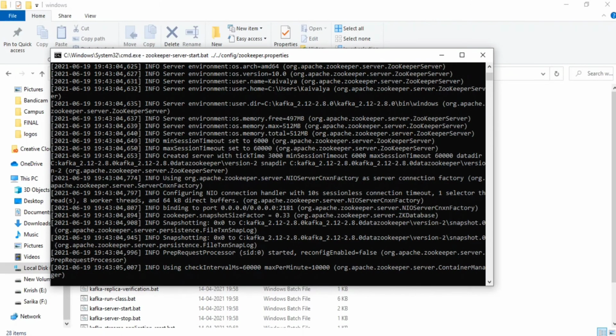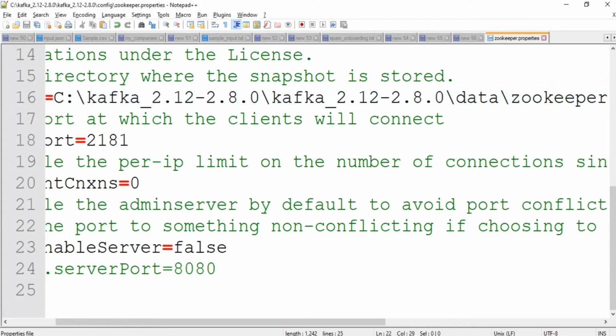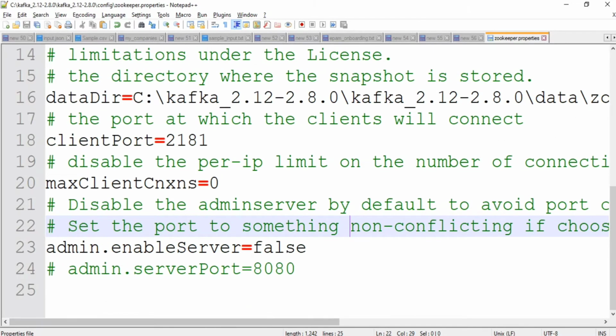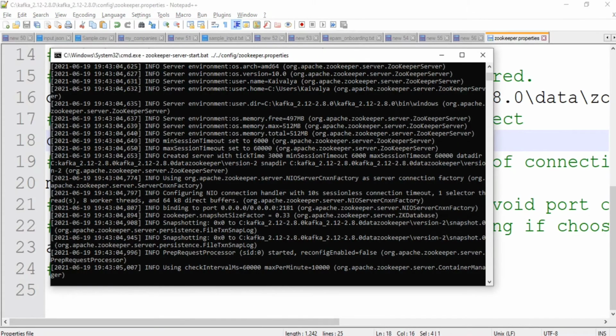Zookeeper is starting now, and if you see, it has assigned a port number 2181. So why has it assigned this? It's being passed here somewhere. Yeah, this one. So this port number is assigned. So it has started on the 2181 localhost server. Everything is on localhost because we only have a single machine. So we are doing a single machine installation, so it's always localhost. Now it's time to start.